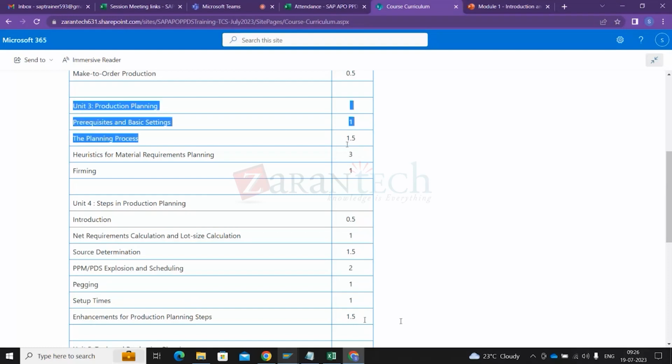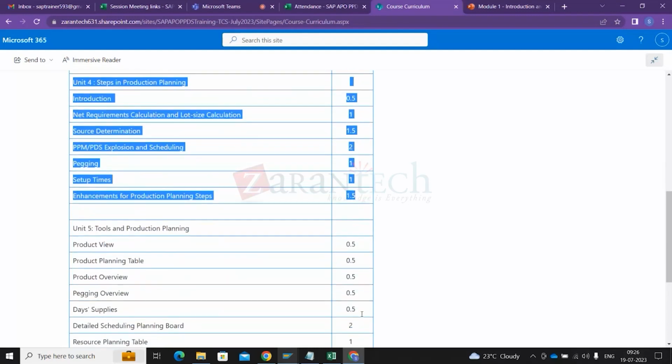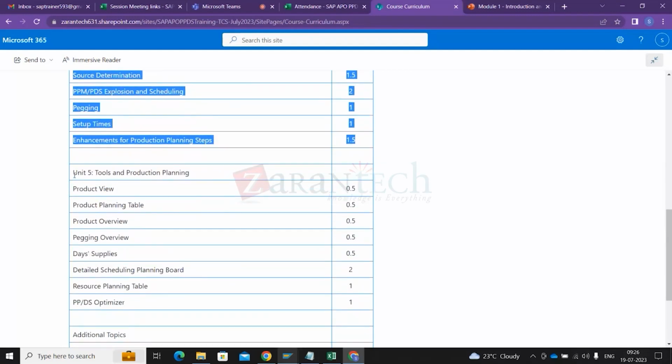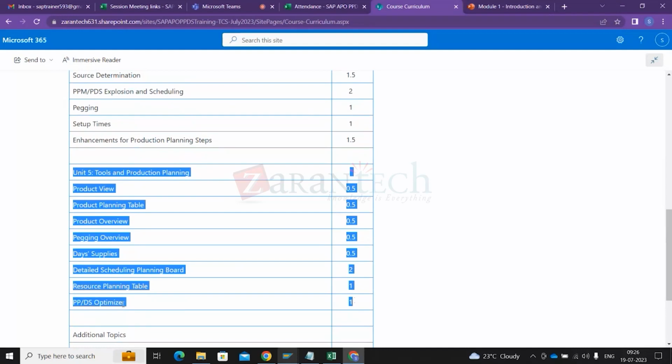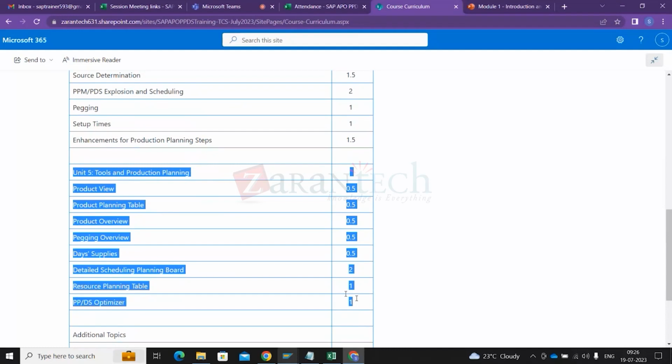Okay, so there we would understand the various methods, various influencers on the PPDS planning and scheduling. Okay, and then we would move on to module number 5. Module number 5 is about tools of the production planning and detailed scheduling. Just wording, I would modify it. This should be tools for production planning and detailed scheduling. Okay, so what does it mean is